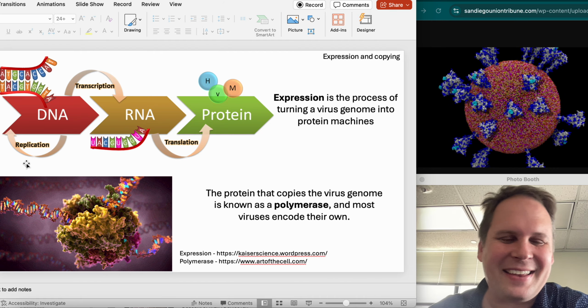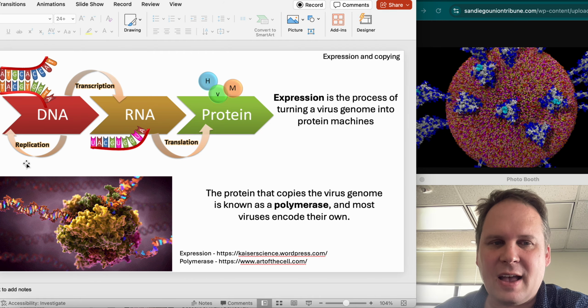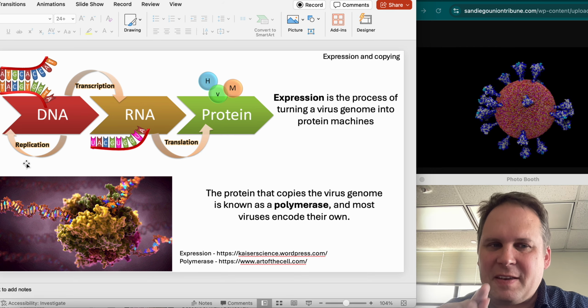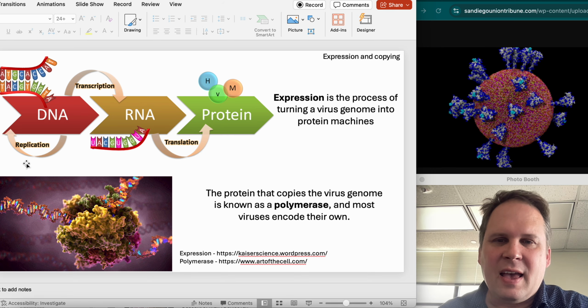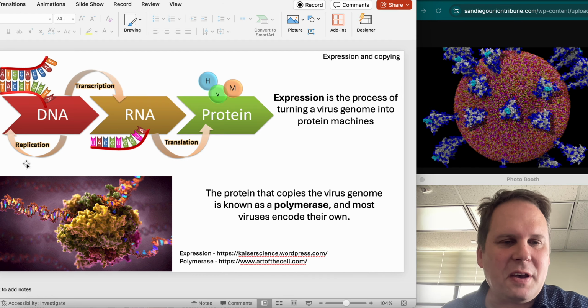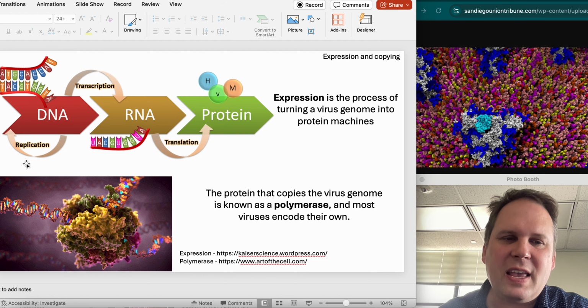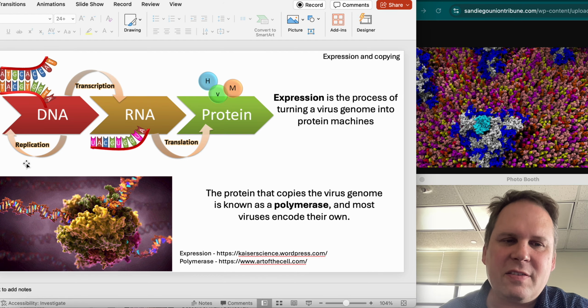Wrong way. All right. Another thing to look for inside of a virus in its genome is going to be a specific virus copying protein. Because while some viruses rely on the host for just about everything, most viruses are going to take charge of copying themselves so that they don't have to wait.